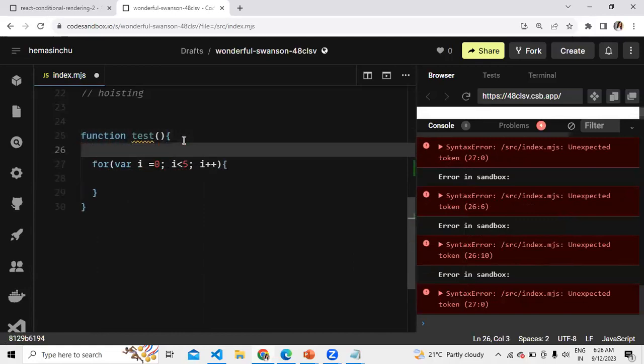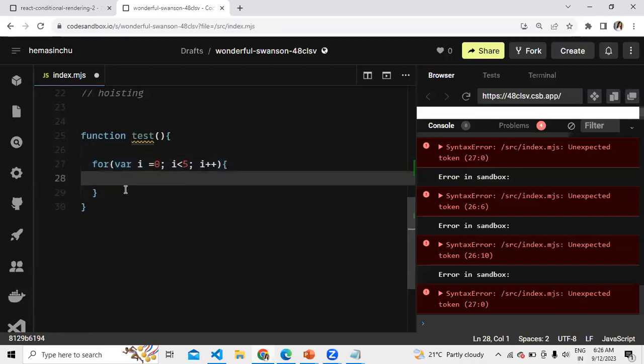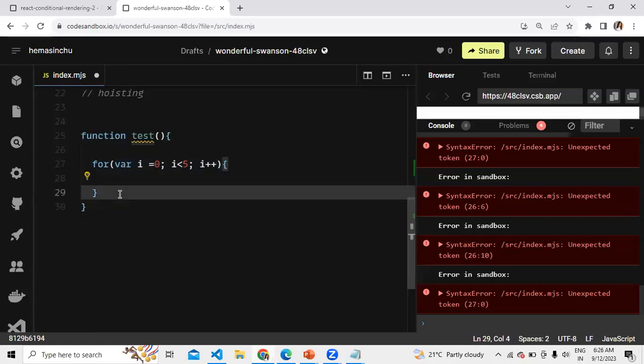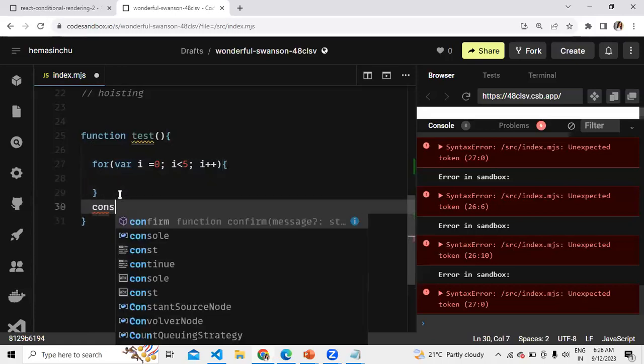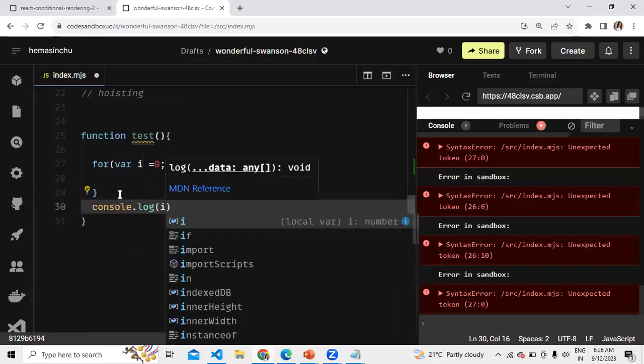It's a for loop. But what is important to understand is that it's actually a block, which is called a for block. In the for block, I have defined this variable called i. Now I'm trying to access this value after this for loop is done. I'm not interested now to do anything in the for, but let me try to access the value of i.